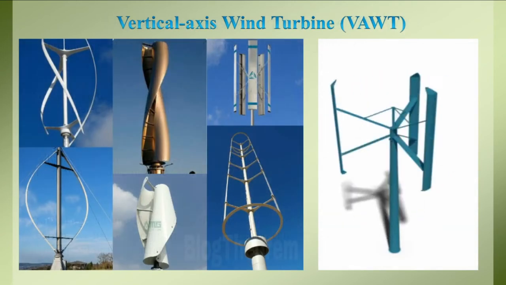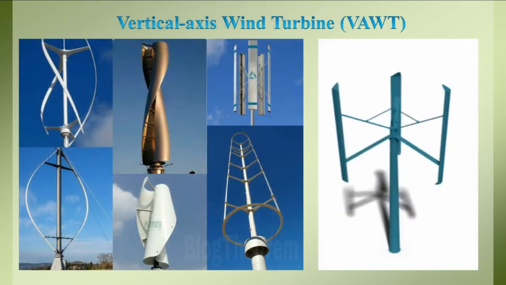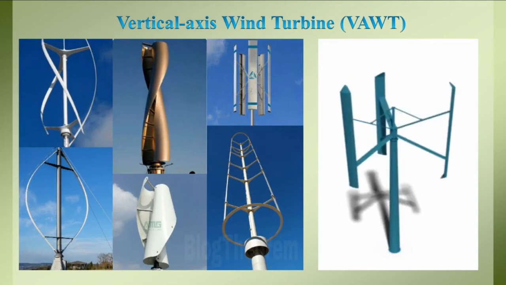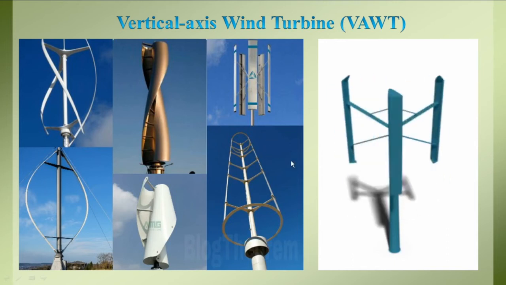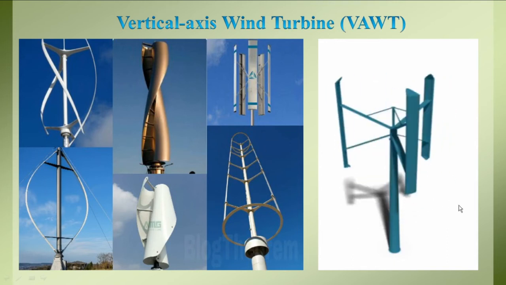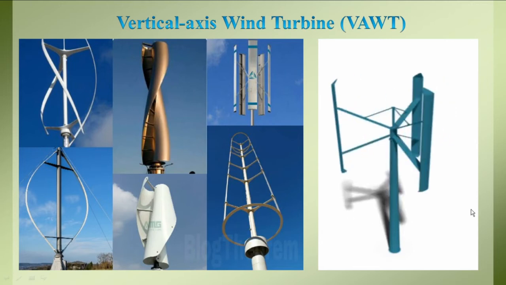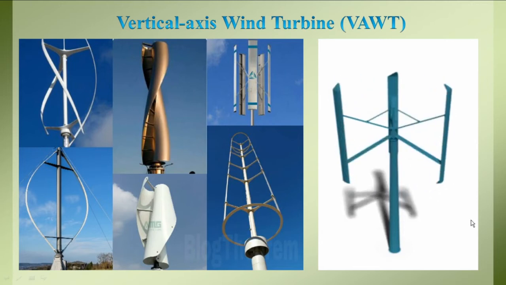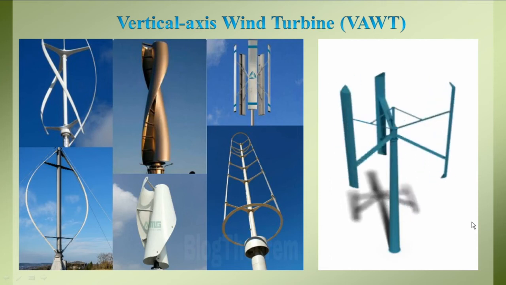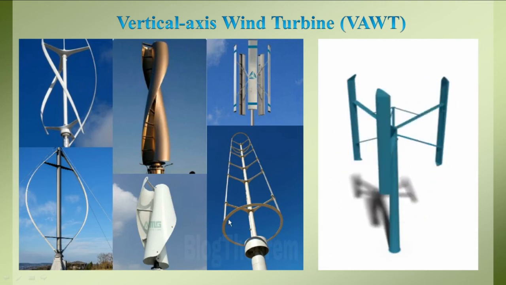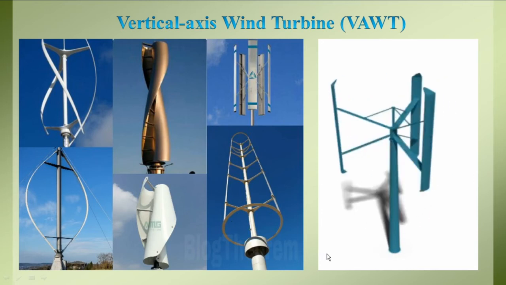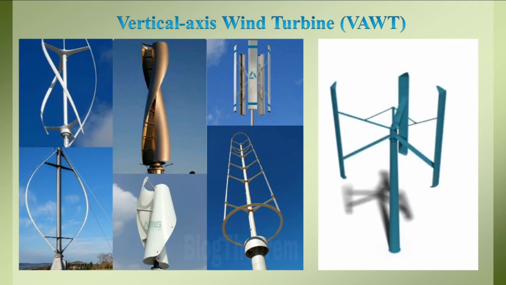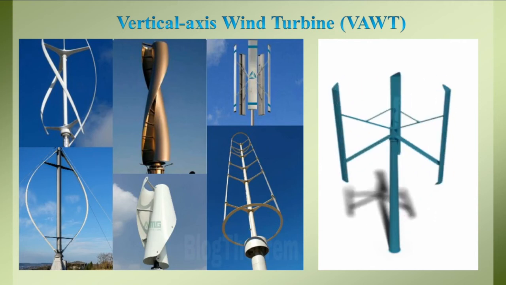The second type of turbine is the vertical axis wind turbine. As per the diagram shown here, the turbine blades are located like this. Basically, the design of the vertical axis wind turbine varies according to the application. Basically, in most of the low power generating stations or applications, the vertical axis wind turbine is used. The vertical axis wind turbine tower height is also less when we compare it with the horizontal axis wind turbine.